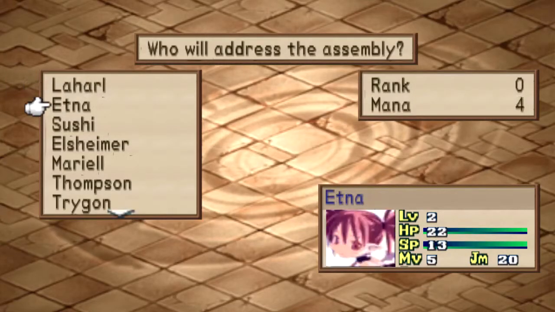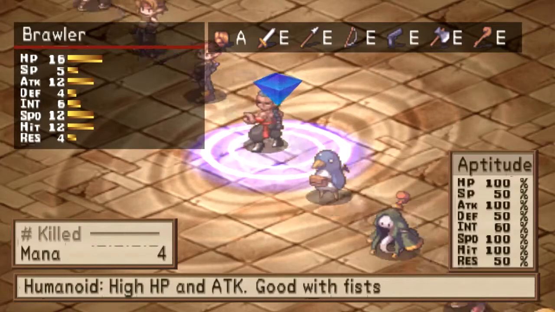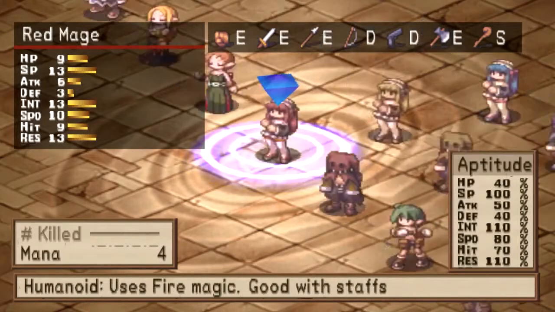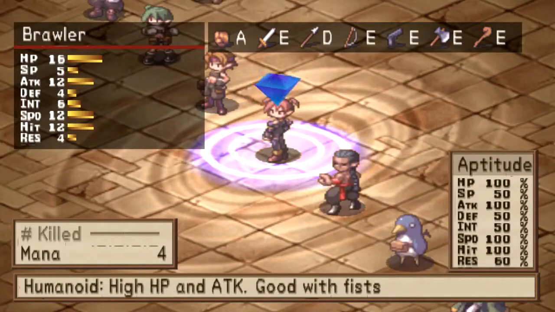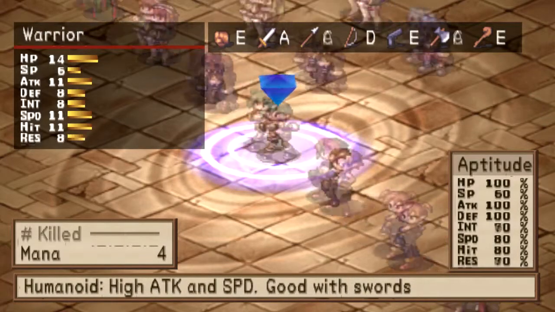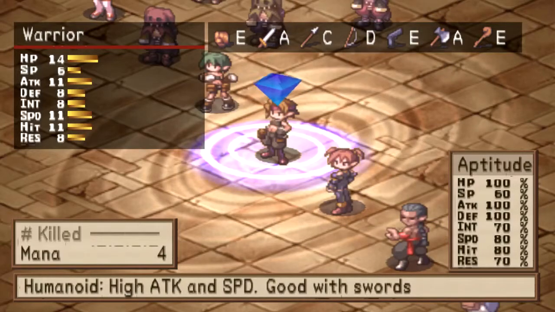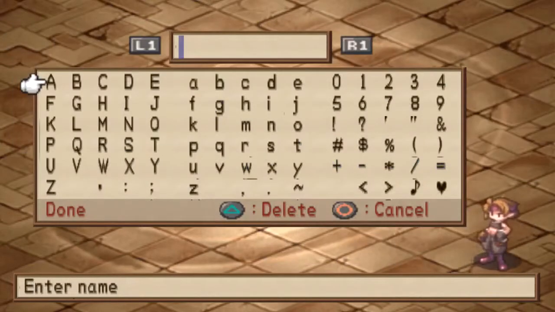And Lahal's got no mana, but Etna has some. So we'll carry on creating another character here. And we will go for... We've done one of those. Okay, so let's go for a warrior type. We'll select... Oh, these are both the same here. So I'm going to select this warrior. And I'm going to call this one...